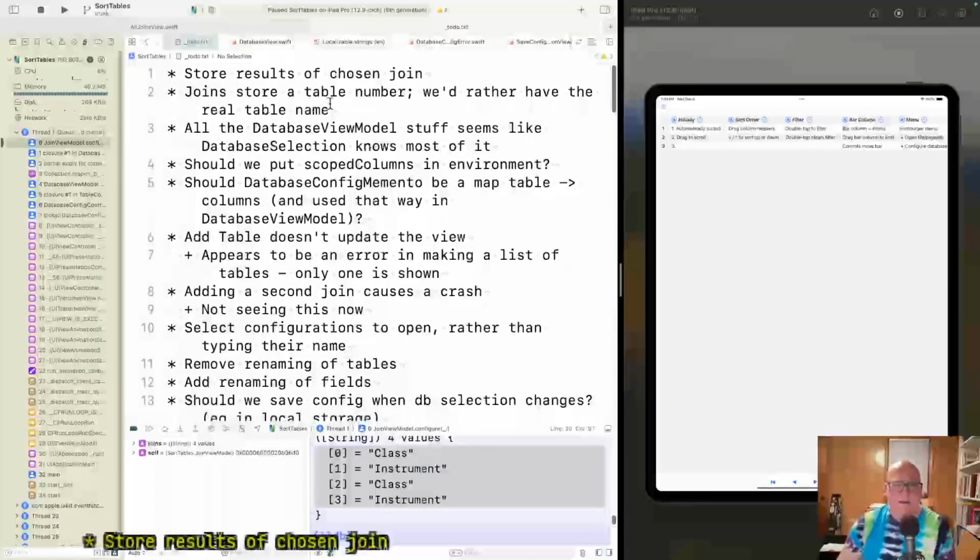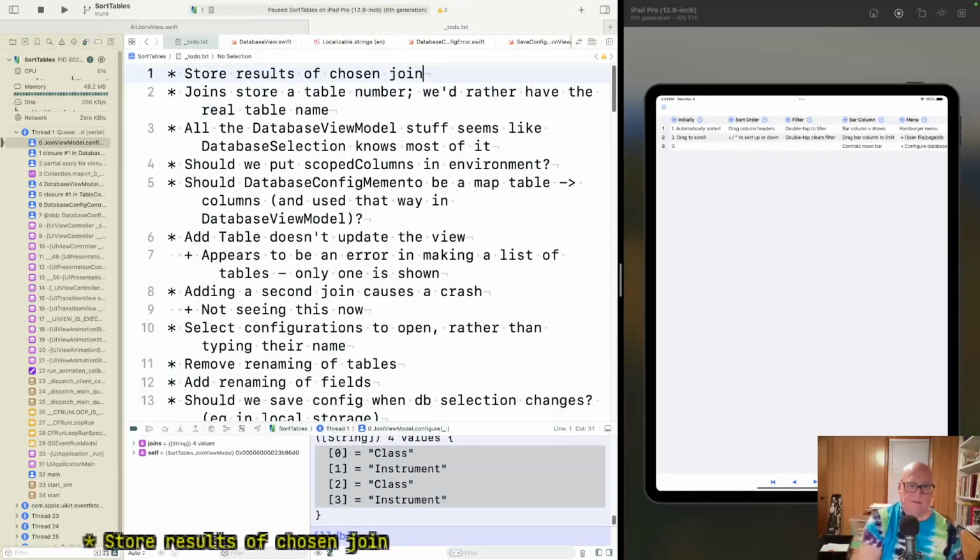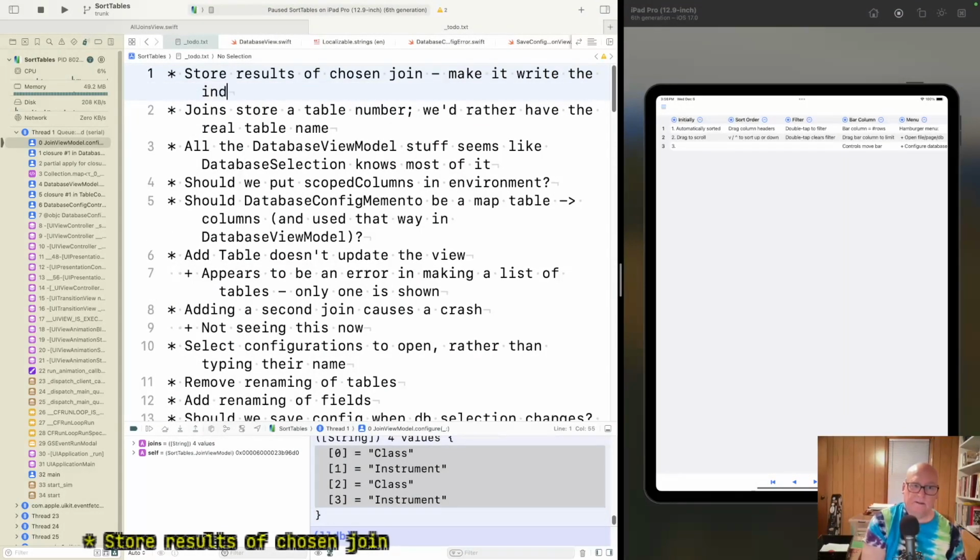And what we need to do is make it write the index. Okay. Table index, I guess, to be consistent. Store results of joins, and join, make it write the index. Okay. Now, if